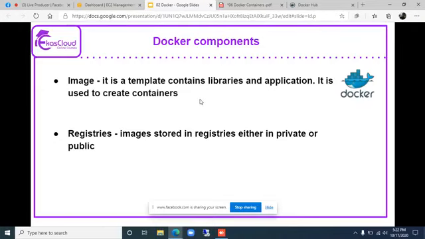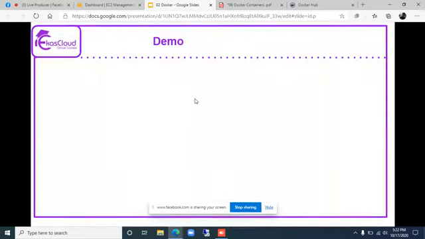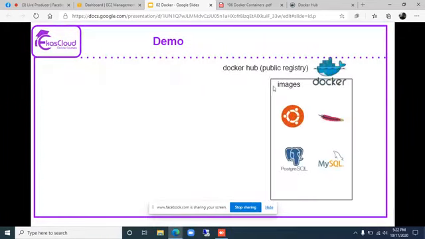So in my demo, what I'm going to do is connect to the Docker Hub. Docker Hub is a place where you have lots of images of different applications. From there, I'm going to download the image to one of my servers, which I'm going to make a Docker host.